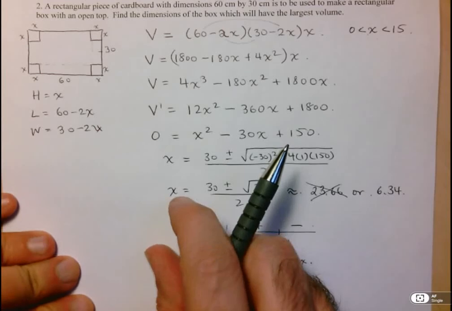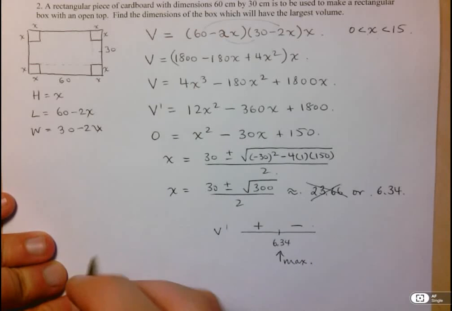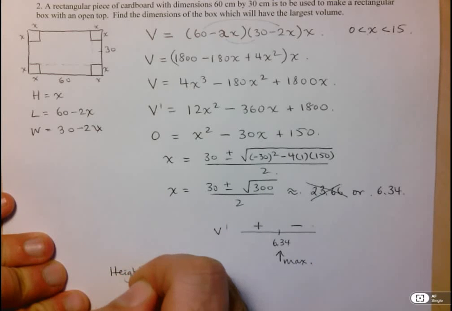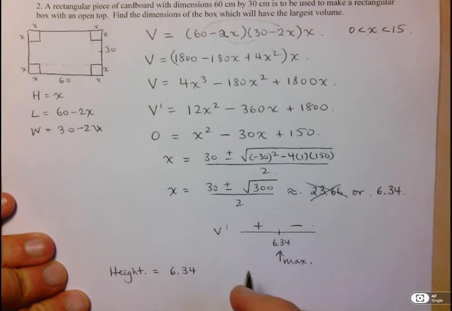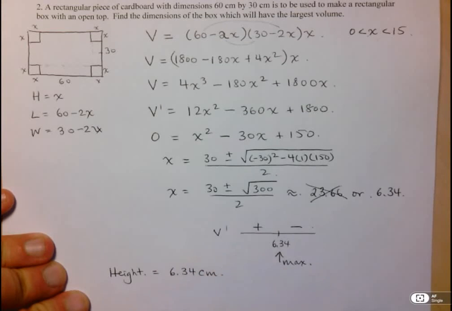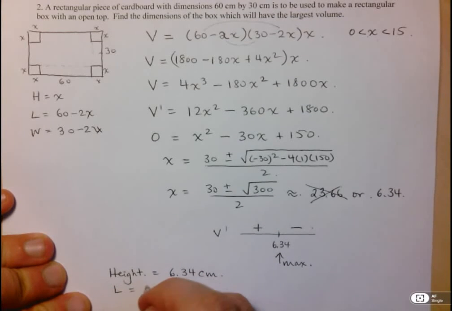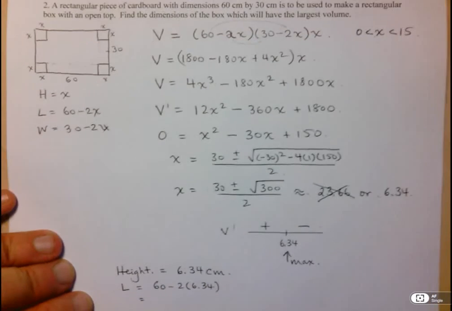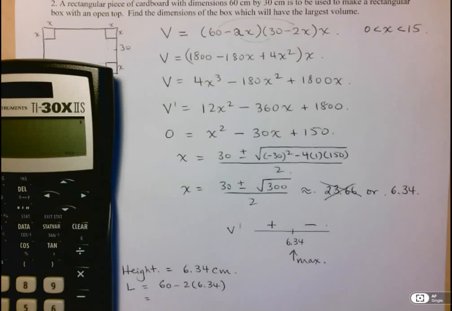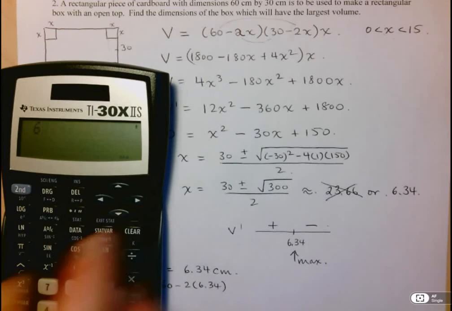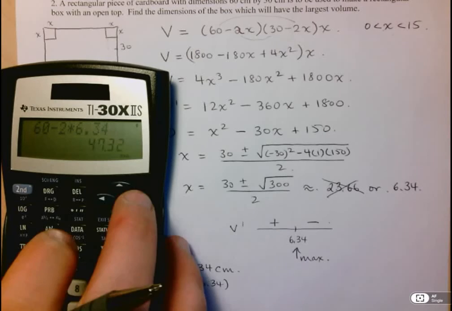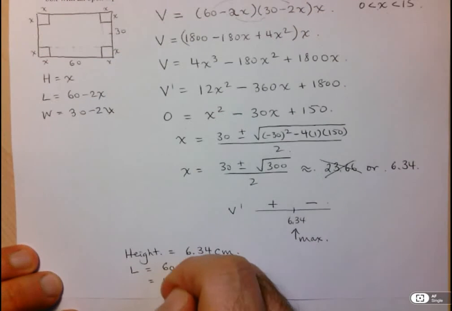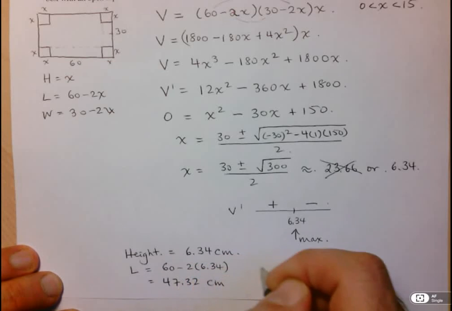Okay, so here we're not just looking for the value of x, but all 3 dimensions. So we know that the height, well, that's just given by x, so the height will be 6.34, and this was centimeters. Okay, the length is going to be given by 60 minus 2 times 6.34. So the length will be 47.32 centimeters, and then the width will be